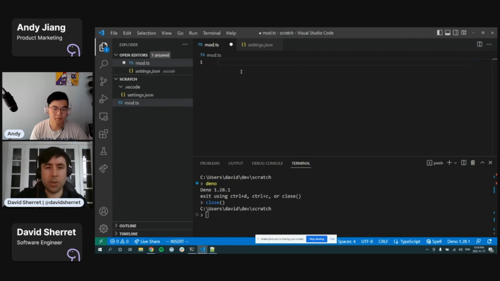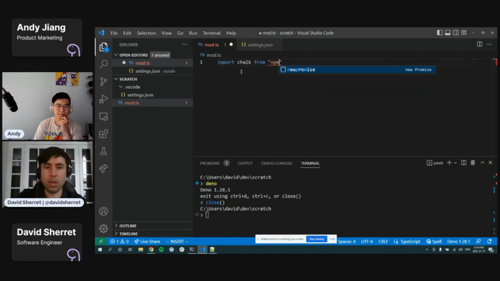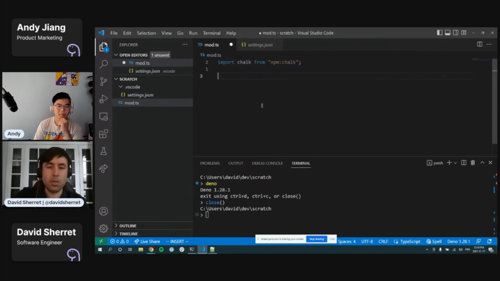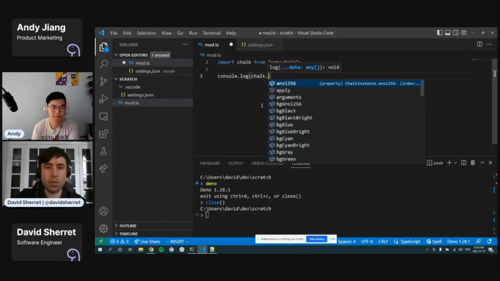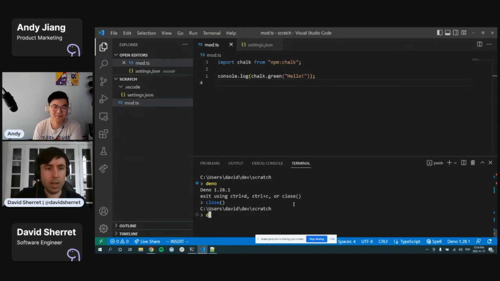So I'll just show npm specifiers. So there's import, let's do chalk from npm chalk. So chalk is a very popular npm package, and basically I can go chalk green. You can basically do terminal styling with it. So let's do hello. So what I'll do is I'll get this string with all the terminal sequence characters that will, when I go deno run,